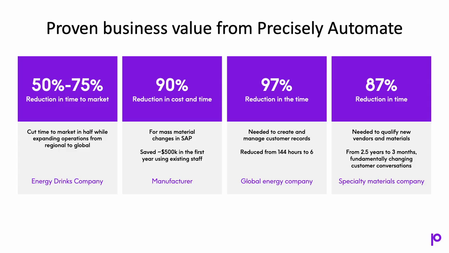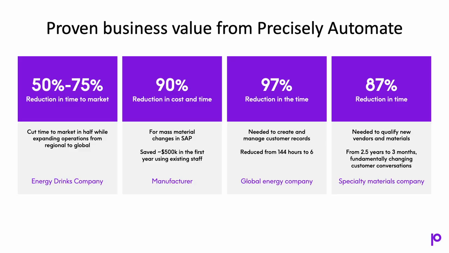Reduction in the time and cost to make simple materials changes. As simple as changes to a material or an article in SAP can be very time consuming. This is a manufacturer that had one single simple change, and making that one change was going to be very expensive. Per 100 items, it was going to cost about $4,500 because it was going to take 60 hours. It was going to require them to hire outside help, doing this all manually. When they automated it using Studio, they were able to cut that time down to 5 hours. They could do it with their existing staff.